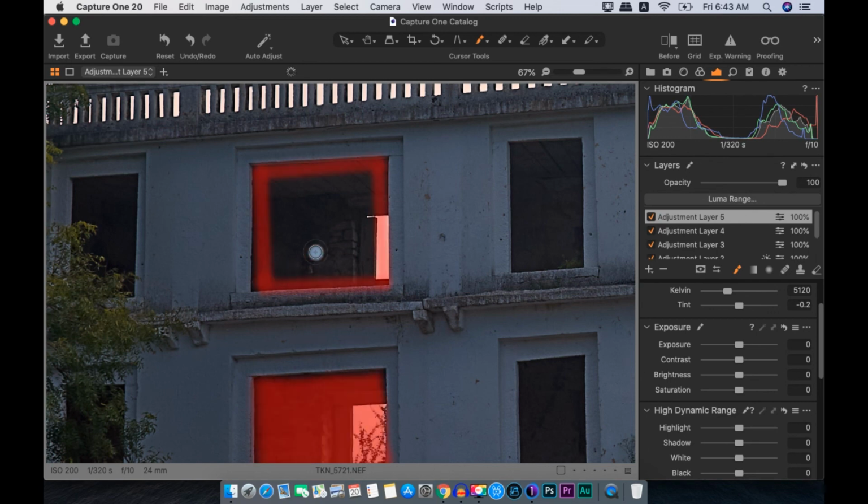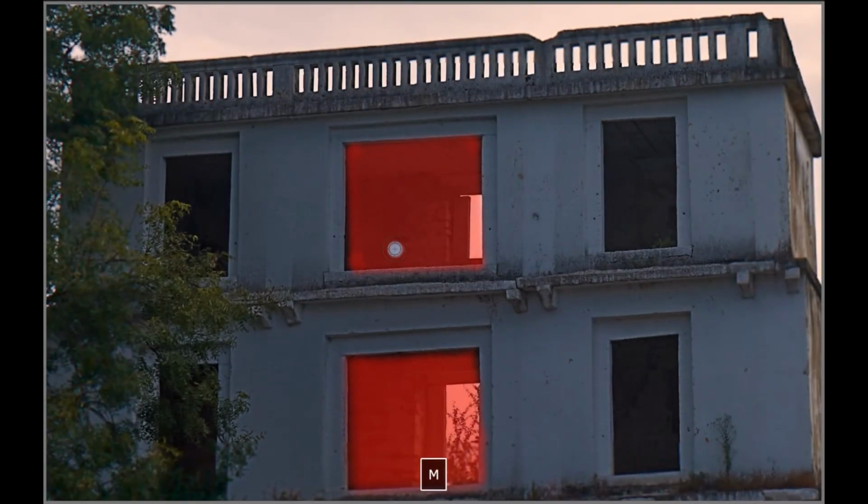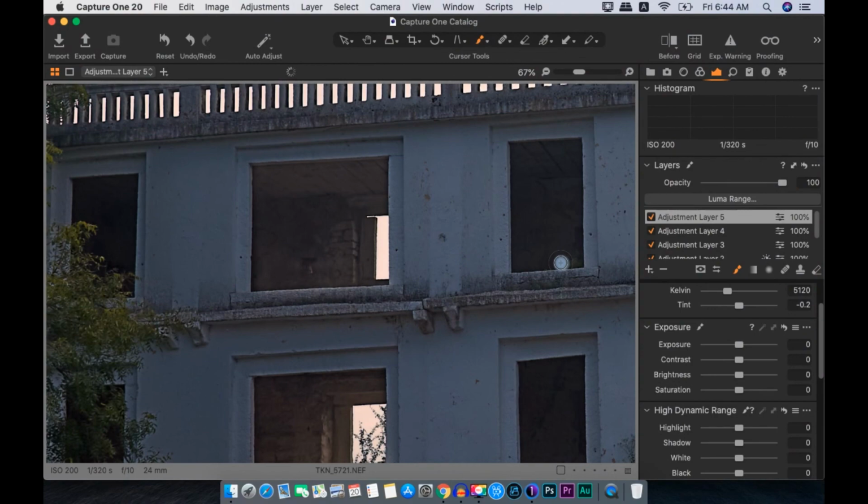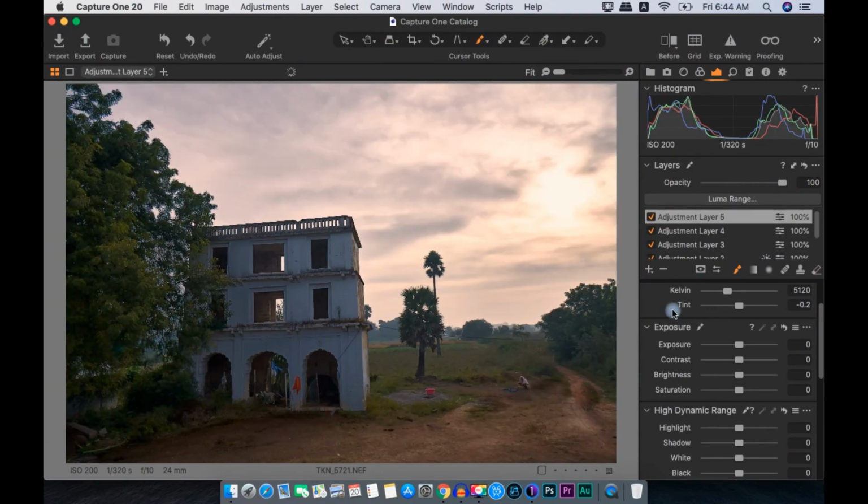The M, so we know where we are working. Right click, fill the mask, put fill, yeah. That's pretty much it. There you go.